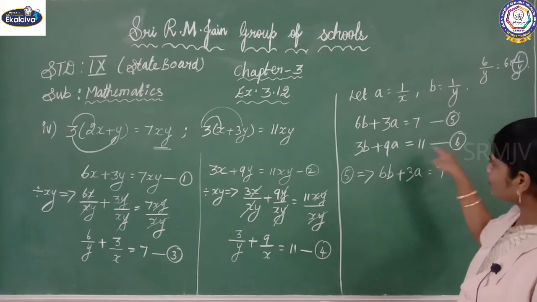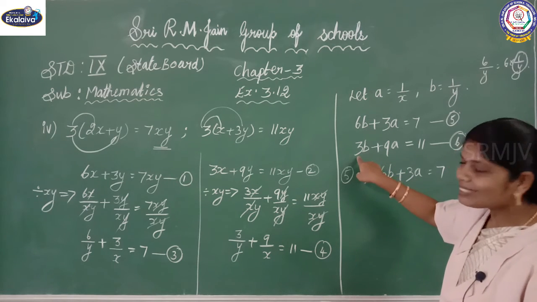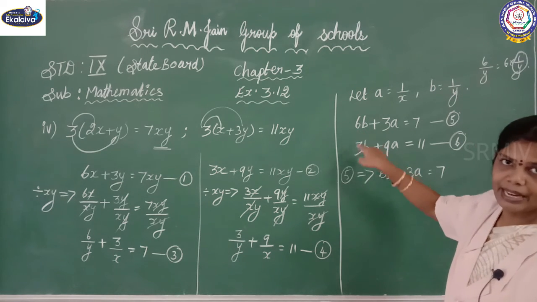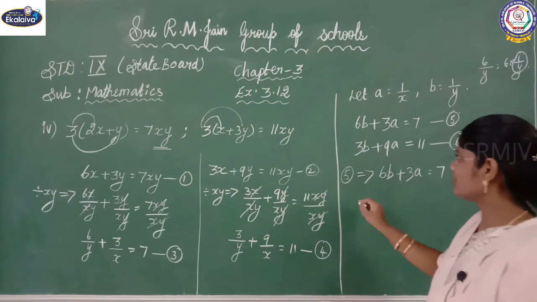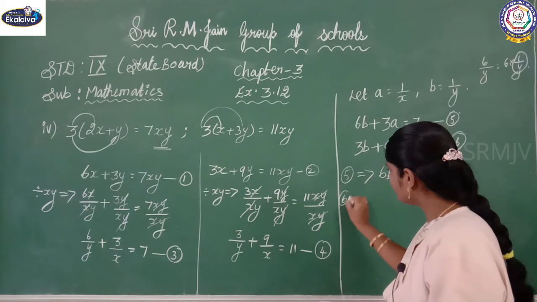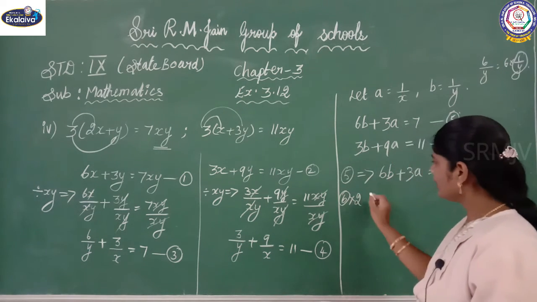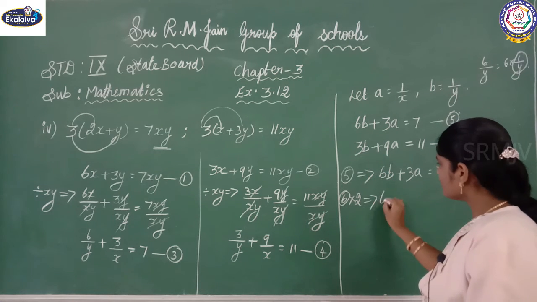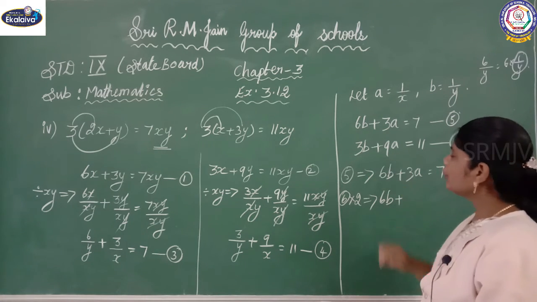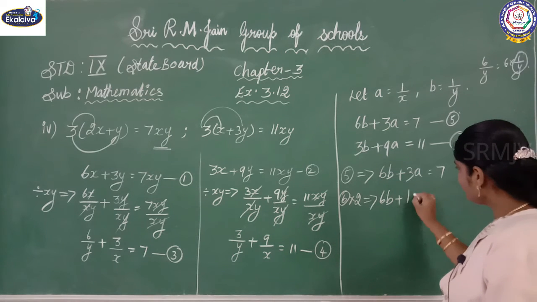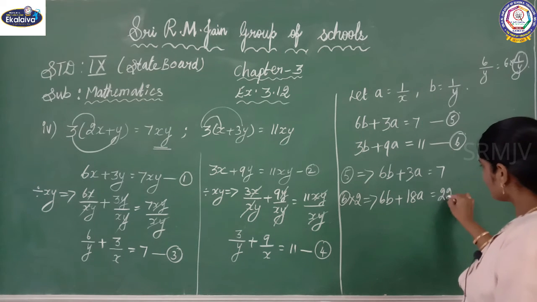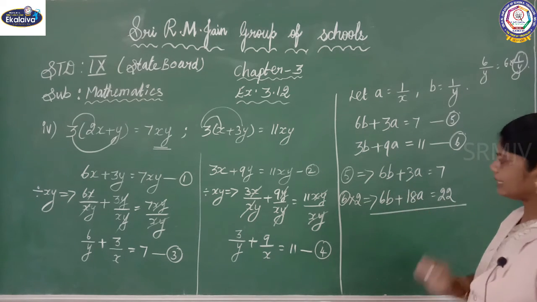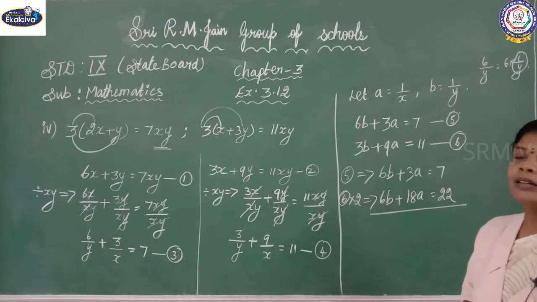The sixth equation, see here the coefficient is 3, where the other coefficient is 6. I want to make it 6. So I need to multiply with 2 only. I will get 6 here. So the sixth equation I am going to multiply with 2. So 2 3s are 6b plus 2 into 9a you will get 18a equal to 2 11s are 22. Now the coefficients are the same, even the sign also the same.